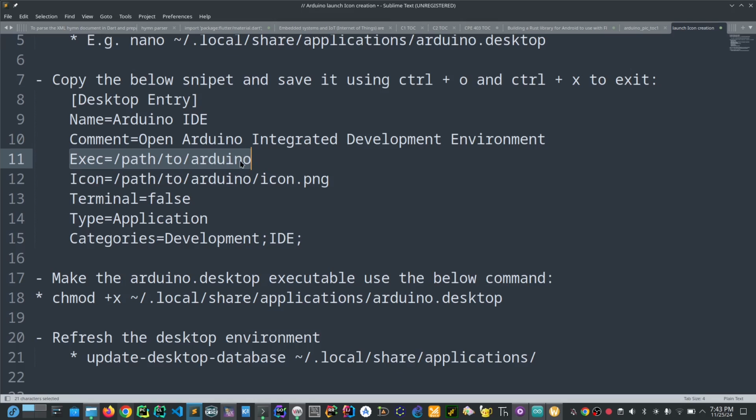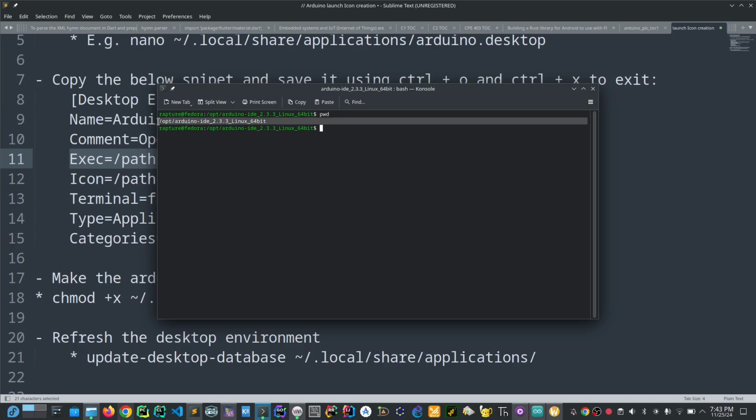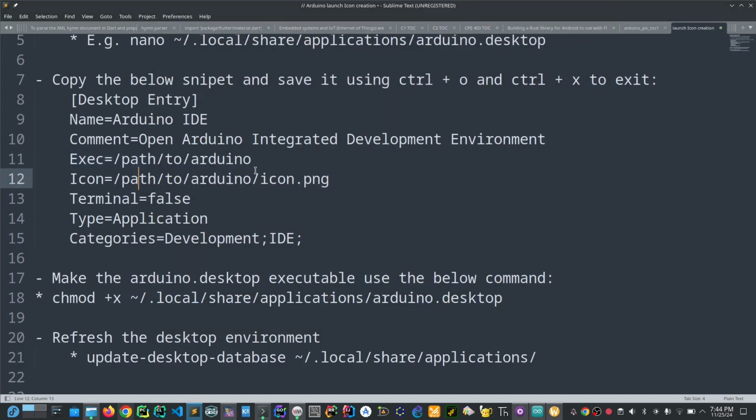You can locate your path directory. This is how I locate my path directory here. On your Linux machine, you can just say pwd, print working directory. Just copy it here with Ctrl Shift C. It will copy it,